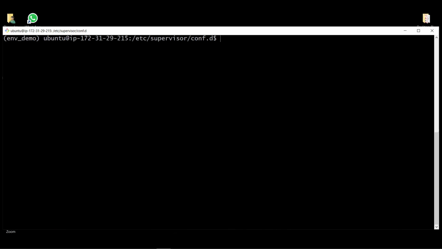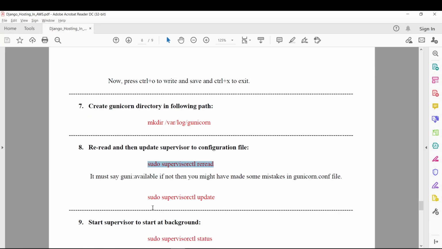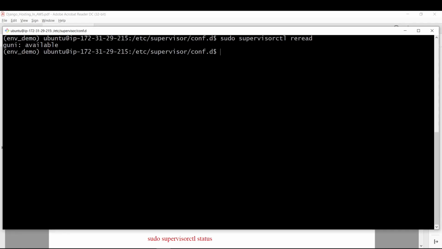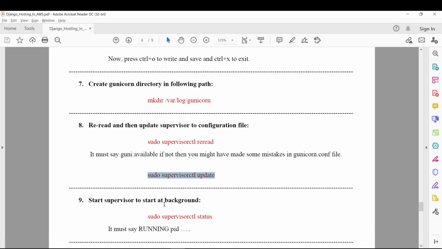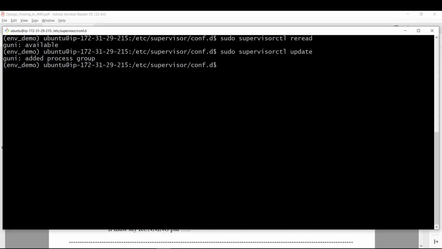Let's copy this and paste it here. Reread. It will say gunicorn available, and then you need to update it. Ctrl C, shift insert, added process group. Then check the status whether it's running or not.